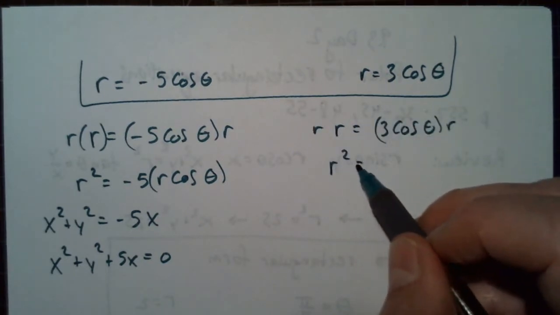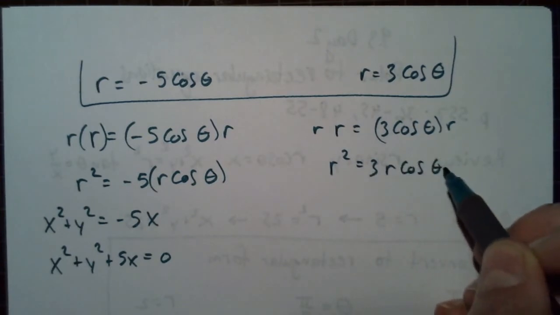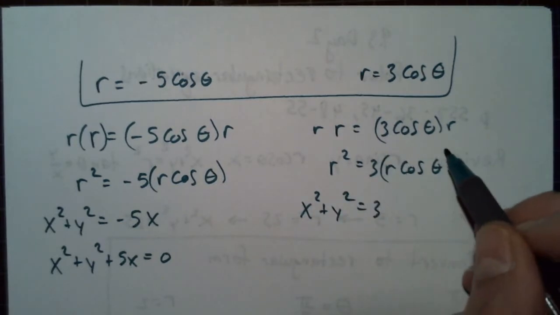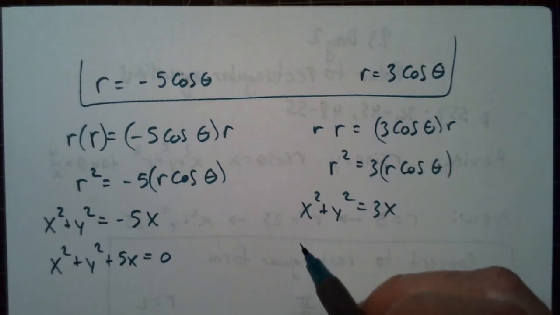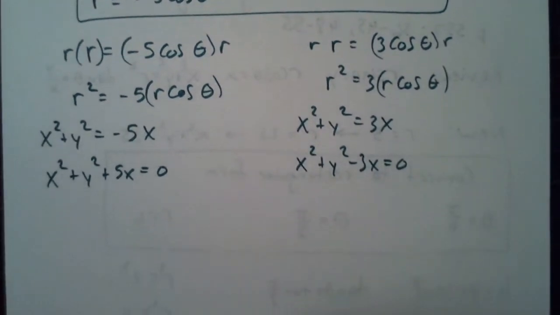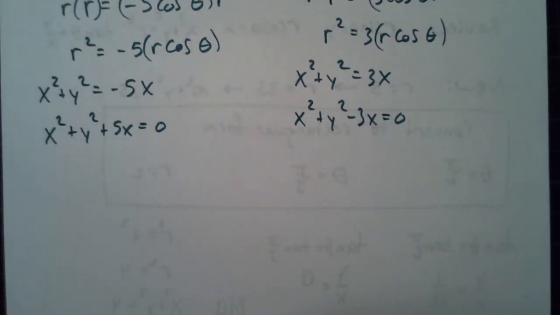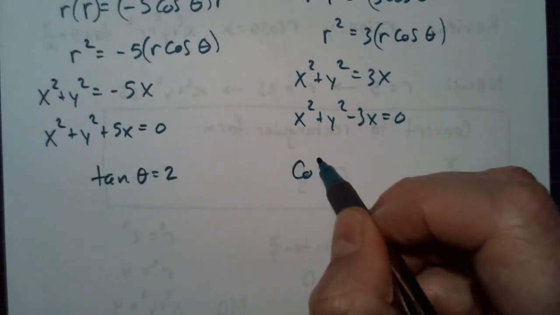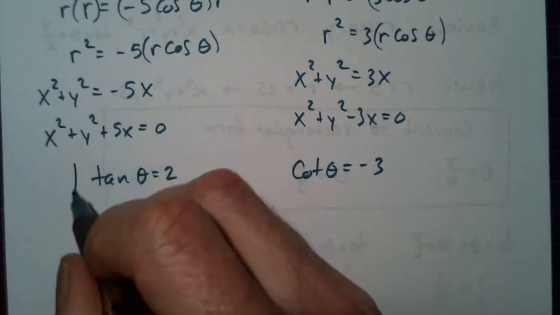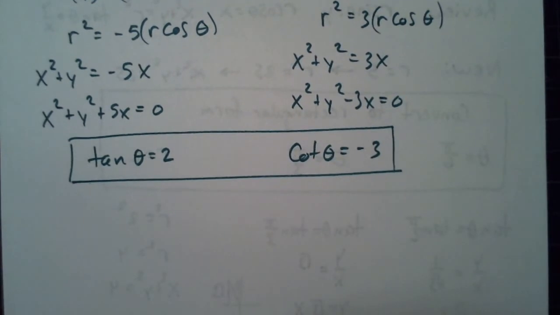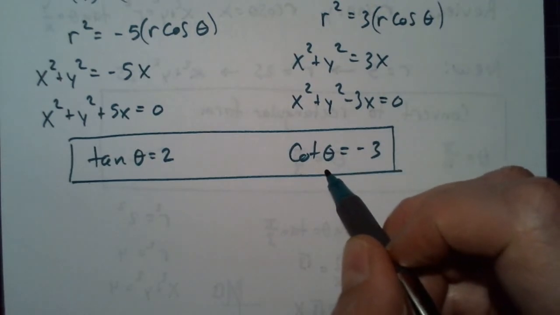Multiplied by r. R cosine theta is x. Convert these into rectangular form, and we have a,